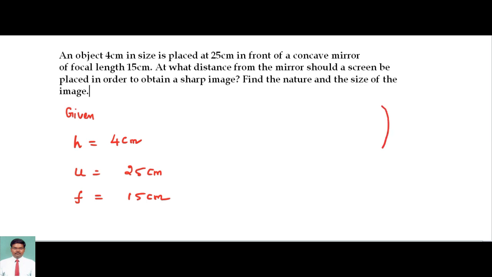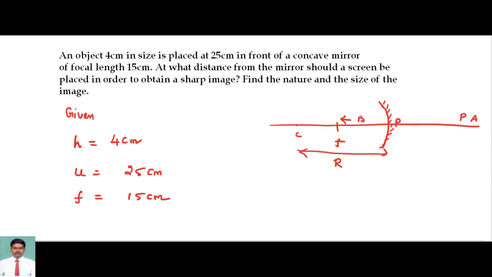Now we are taking a concave mirror, and the middle point is the pole, and here the center of curvature is somewhere here. So the line connecting the center of curvature and the pole, that forms the principal axis. So this length is going to be the radius of curvature, half the value is going to be the focal length f. So according to this, the focal length value is at a distance of 15 centimeter from the pole,